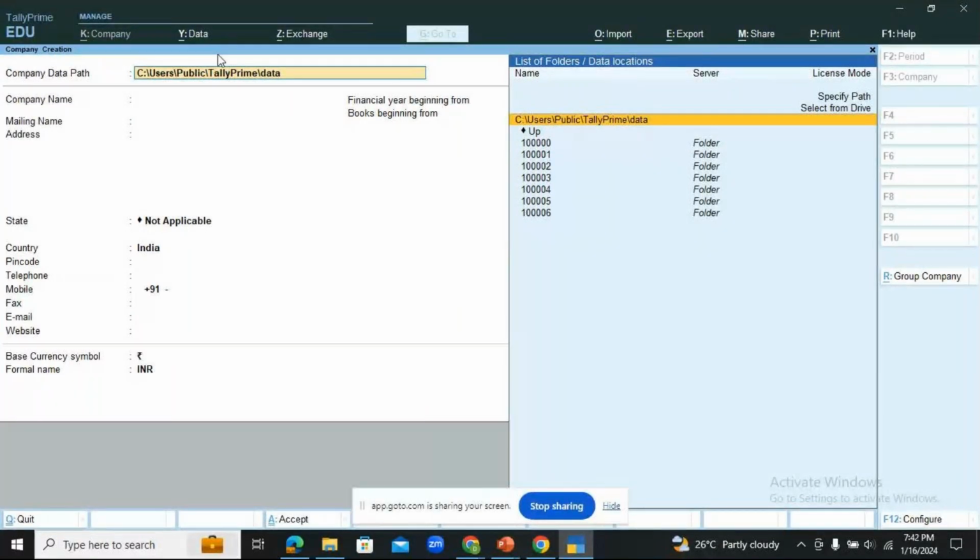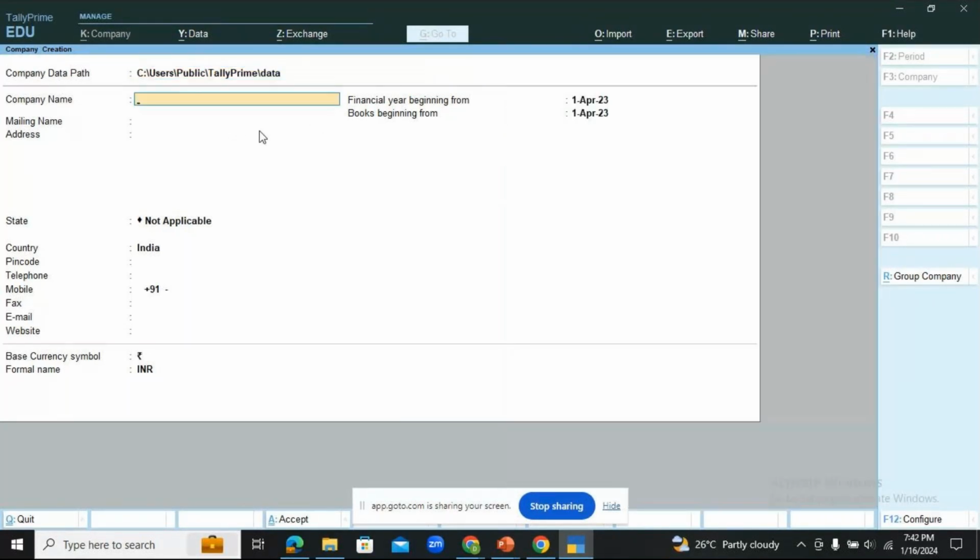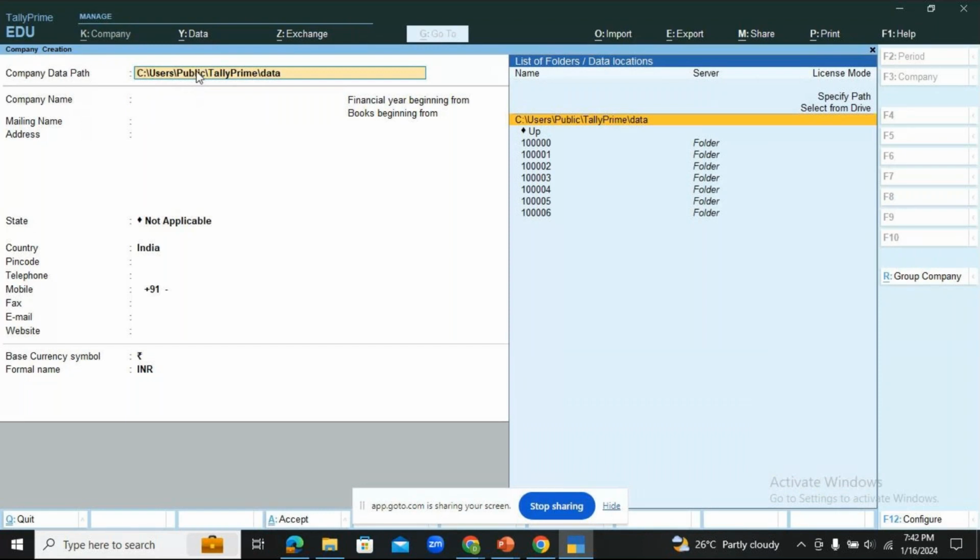Because tomorrow, if you have to take the backup of any file from this particular laptop and restore it in the other laptop or the other system, this plays a crucial role for you. Now, how we transfer using a pen drive from one system to the other, where we locate on desktop or in documents or in downloads or in any other drive, in the same way, if I have to transfer my company data from this laptop to the other system, this plays a crucial role. Where is your company data saved? Fine.